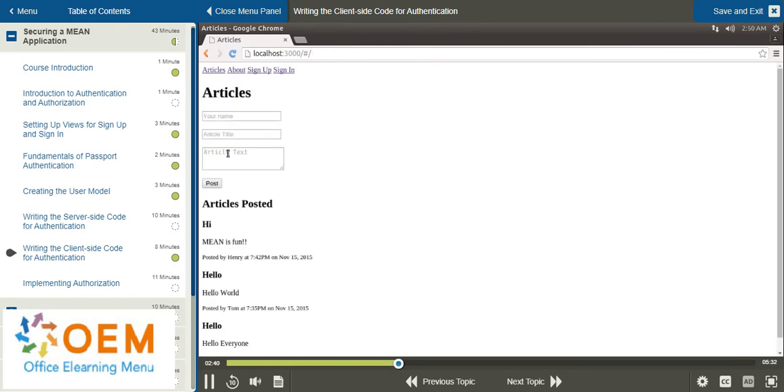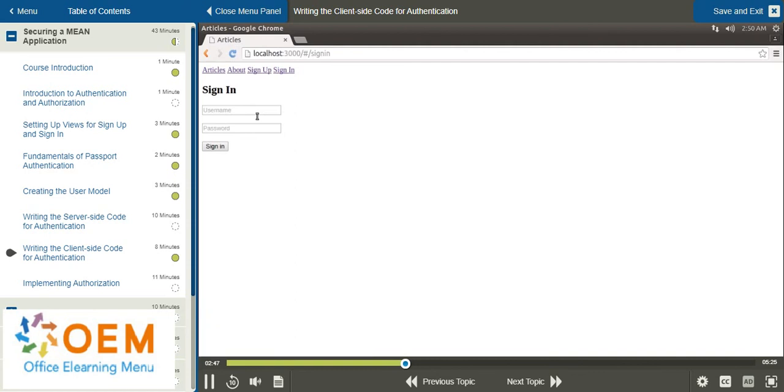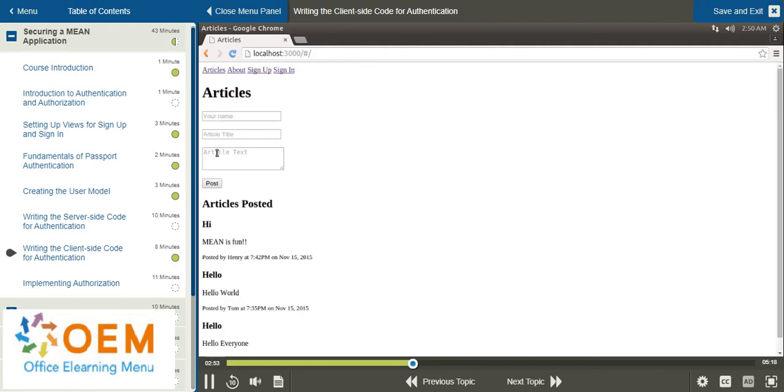Now as I provided a valid username and password, I have been redirected to the home page. Let me now click the sign in button and provide a valid username and password. Again, I have been redirected to